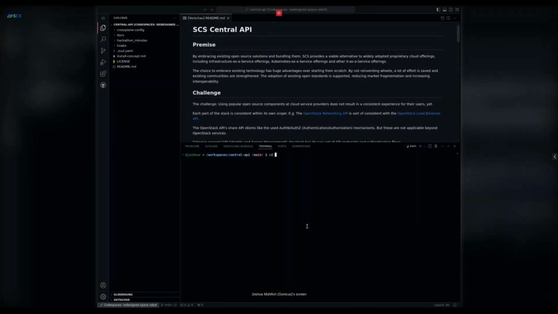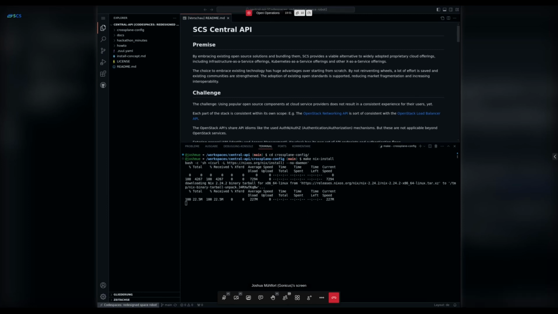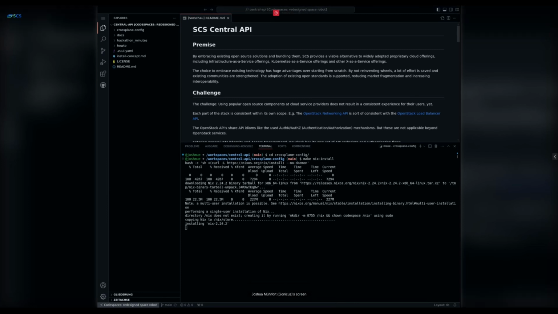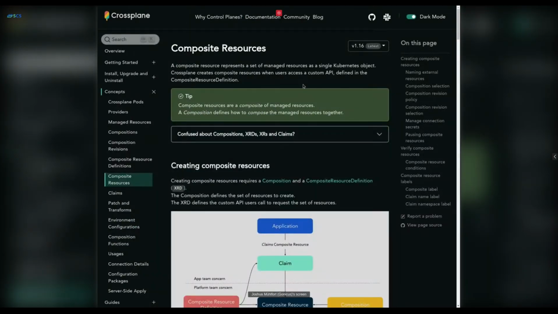I will just need to create or install some local tooling, which can be done conveniently over a Makefile. But in the meantime, while that's doing the installation, I can maybe show the Crossplane documentation a bit. Here is documentation on crossplane.io,